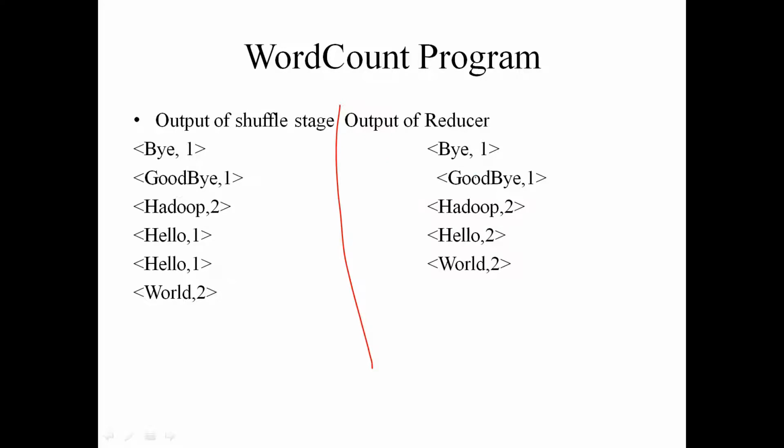The reducer function again checks whether any key value pair has occurred twice. You can see here hello comma 1, hello comma 1 has occurred twice, from different mappers. If it was in a single mapper, we would have combined it already. This hello comma 1 is from mapper 1, and this hello comma 1 was from mapper 2. The reducer will combine these hello comma 1 from two different mappers and make them into one by using some aggregate function. So this is how the word count program works.